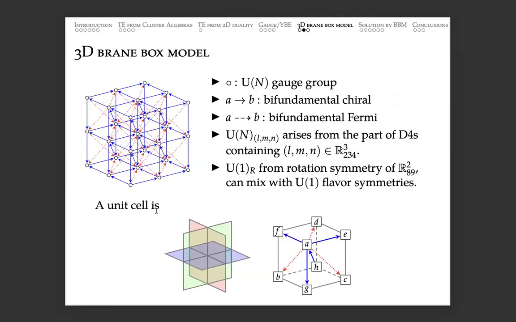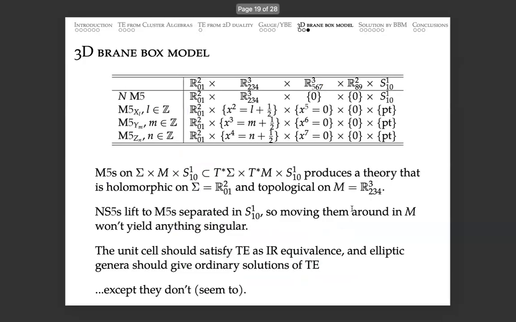So I thought, well, you just take this unit cell theory, plug it into the tetrahedron equation, and show that the tetrahedron equation holds. So this solves the tetrahedron equation. That was my idea back in 2015. And in this slide, I explain why the same argument as in the two-dimensional case should apply.